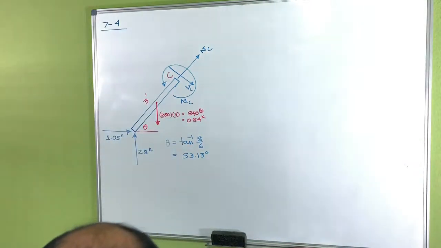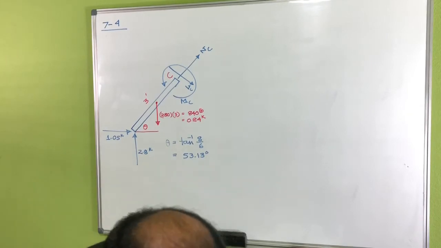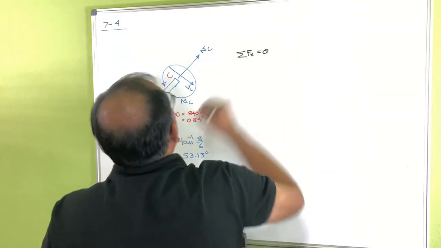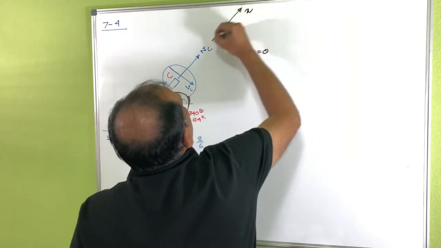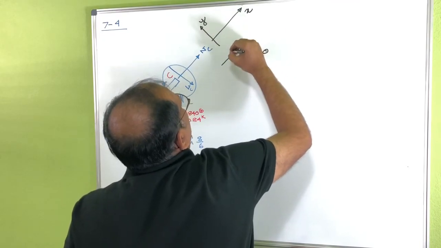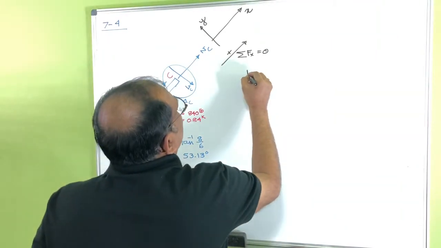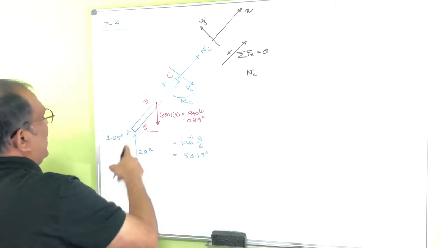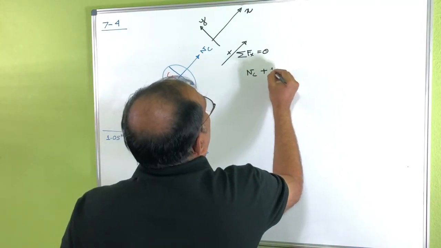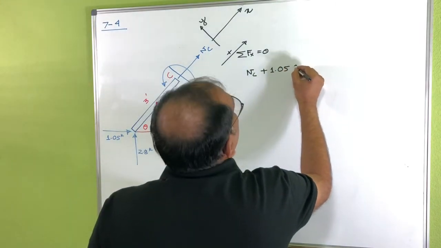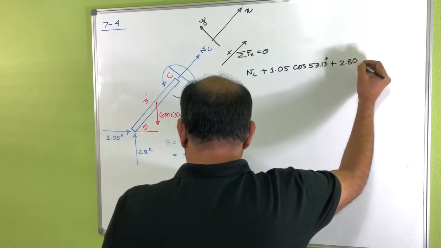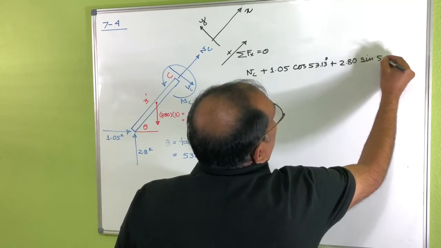So let's try to do that. So summation of Fx equal to 0. Actually, I'll just take this one as my x direction and this one as my y direction. Okay, that would be easier. So let's say this is positive here. So NC, now if you come here, then basically you see this one would be plus 1.05 cosine plus 2.80 sine 53.13